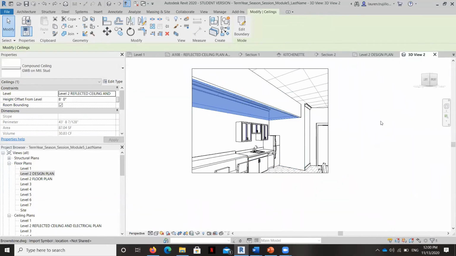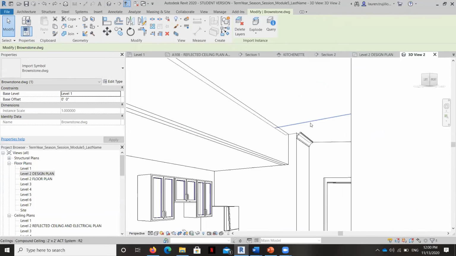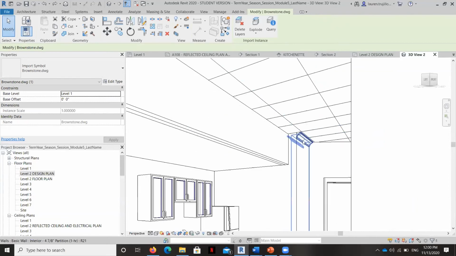So let's go ahead and take a section view of that, and we'll see if we can move it up just a little bit. Now you're going to see that there's some funkiness happening with the crown moldings here.